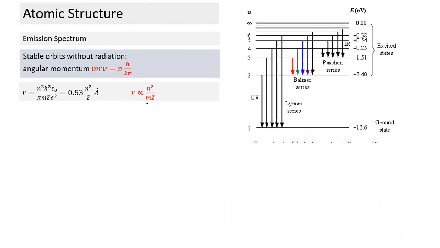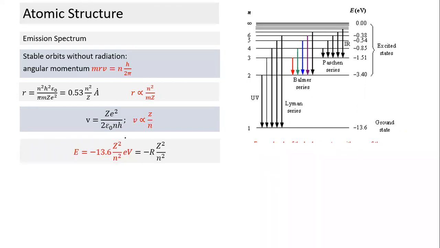We have done some questions. I hope all of you understand what it means. R naught is Bohr's radius, which is equal to 0.53 Angstrom. It's a recap of some of the things. From the two equations, this is one equation, the other is circular motion, we get v is proportional to Z by n, or kinetic energy is proportional to Z square by n square. Kinetic energy and potential energy are related, so total energy also is proportional to Z square by n square.